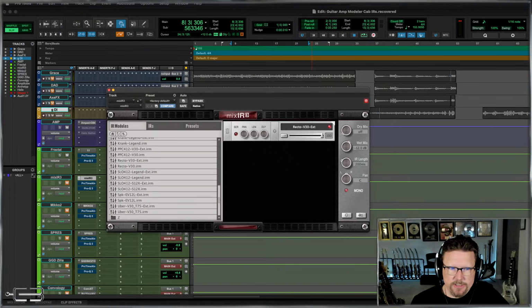There were IRs in the original version of the Fractal that I thought were good and usable, but I never really got the control that I wanted. And so when I found these Red Wires IRs, they had